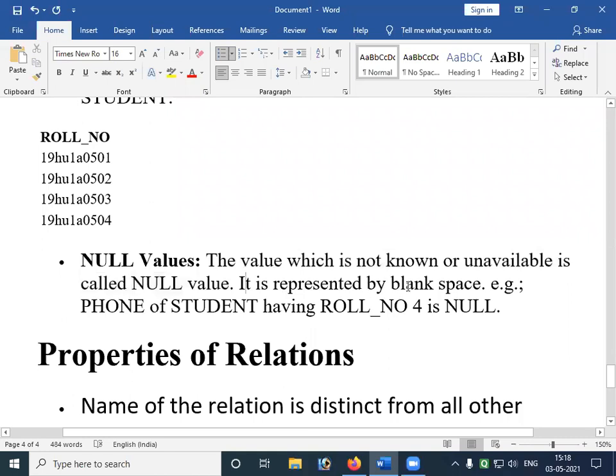It is represented by blank space. Phone of the student having roll number 4 is null. Blank space ద్వారా represent చేస్తారు లేదా null ద్వారా represent చేస్తారు.